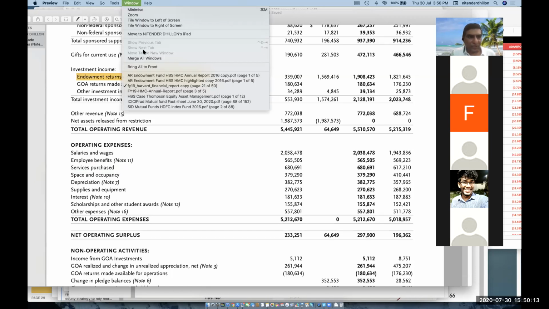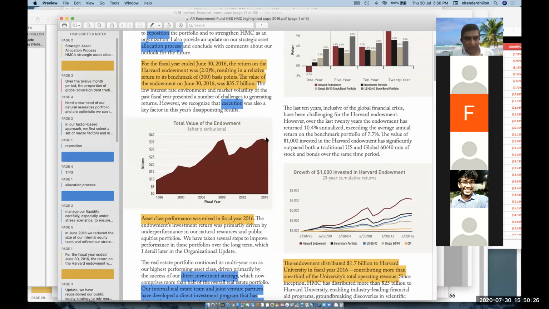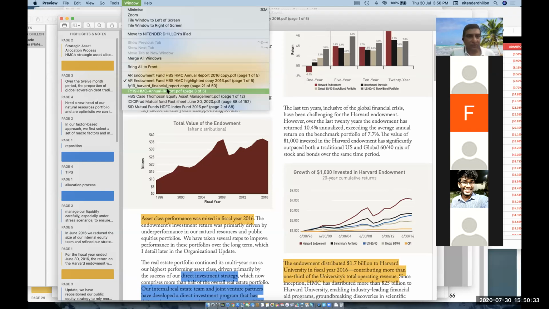Now, these endowments are big businesses. It's not a small business. Managing Harvard is a professional job. I'm showing you the September 26th annual endowment report. In 2016, this number was close to about $35 billion. And the latest numbers,